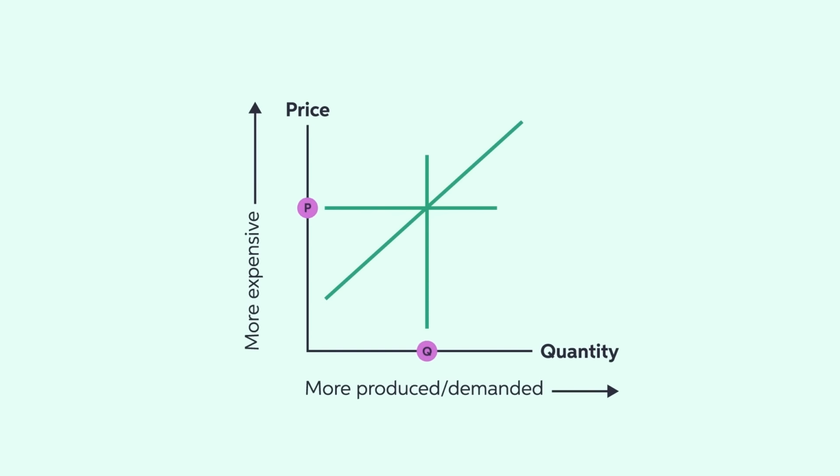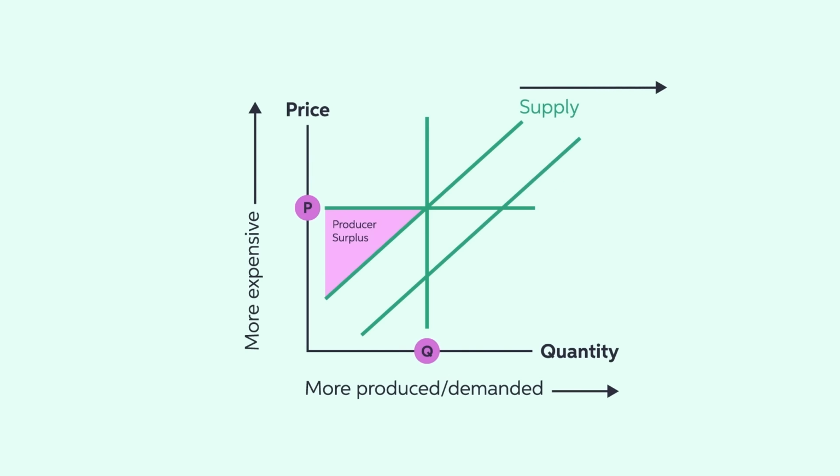Innovation can also increase the producer surplus. Let's say a producer is able to leverage economies of scale through investing in capital and can produce more of a certain good while keeping the price for consumers the same. The supply curve makes a parallel shift to the right, and producers enjoy the additional surplus represented by the green